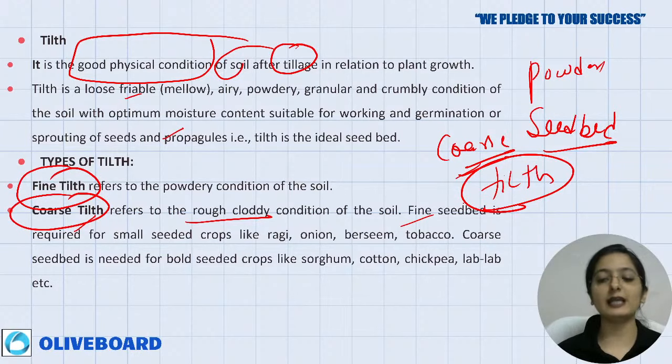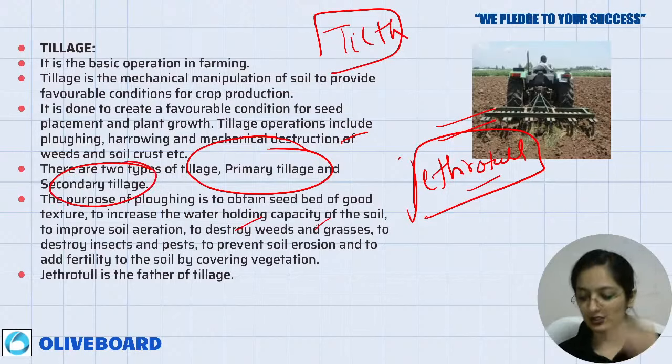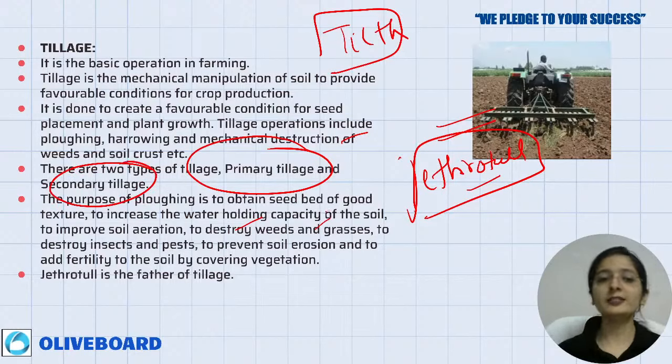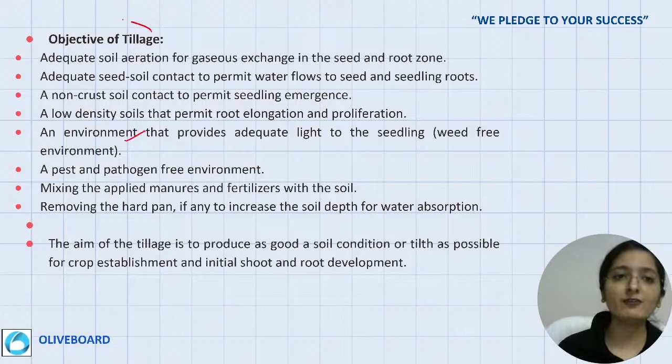Now if I come to the types of tillage, as you have seen, there is primary tillage and there is secondary tillage, correct? We need to now have a look at how many types of tillage we have. Primary tillage, secondary tillage. What is there inside primary tillage? There are special tillages also, and it consists of several other ways. And I hope now tillage is basically clear to you. If tillage is clear to you, by seeing through this picture also, then we will understand the types of tillage. Before going to the types, I hope that the objective of tillage is clear to you.